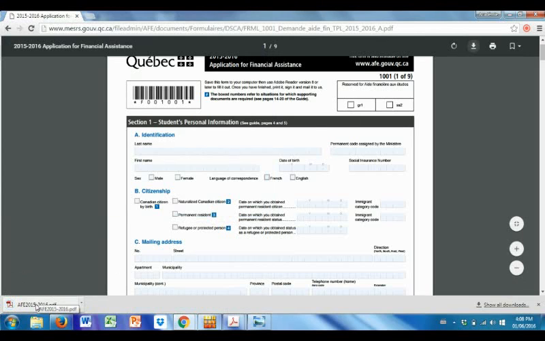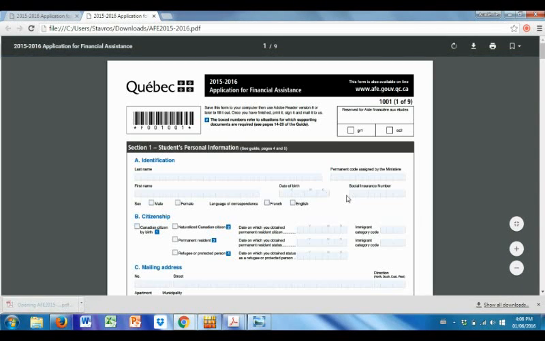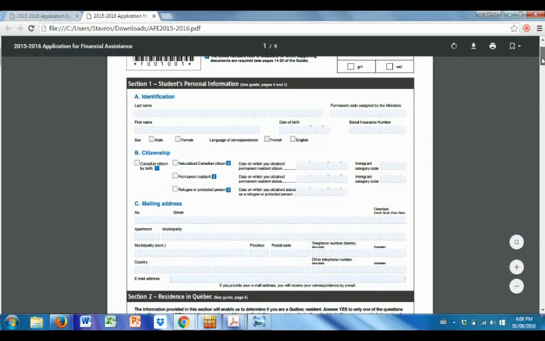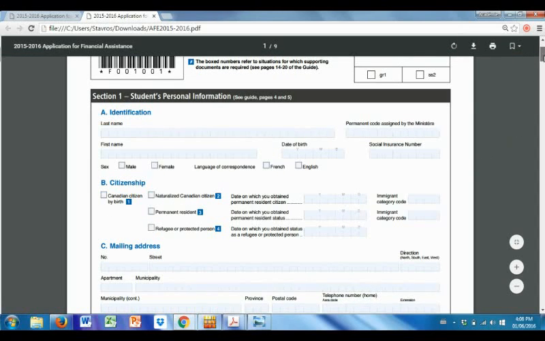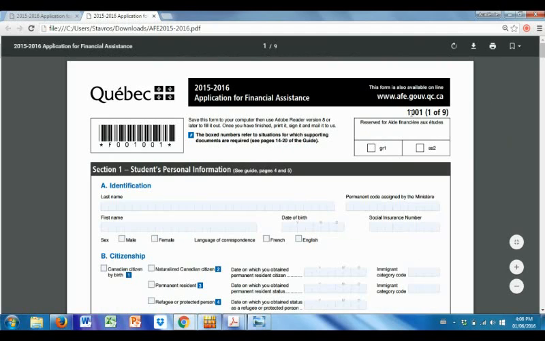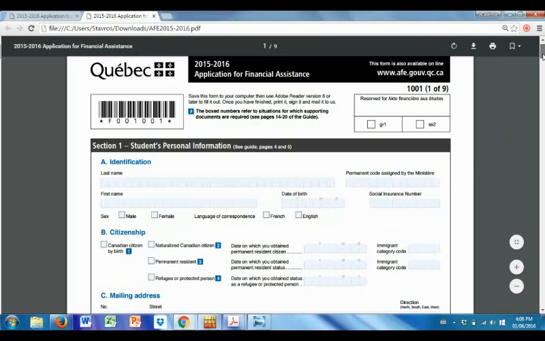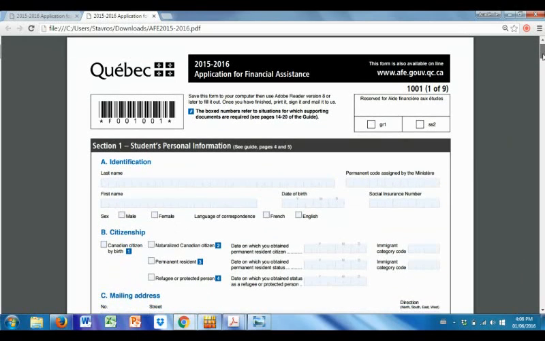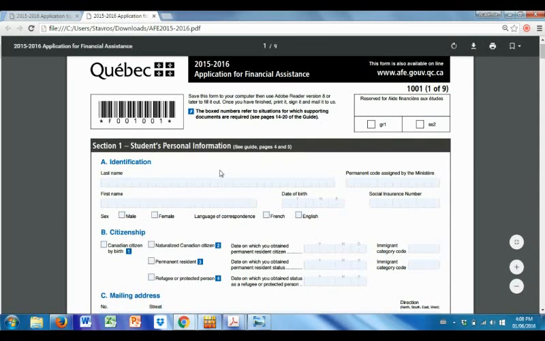So it's very important to save the file, to open it up, and make sure that you have a version of PDF which is at least PDF 8 or newer. So once you save the file, you can access it and begin your application. So as you see here, the main form is form 1001, and there are 9 pages. Now let's go through the form, and I'll go over some of the major questions that most of the students